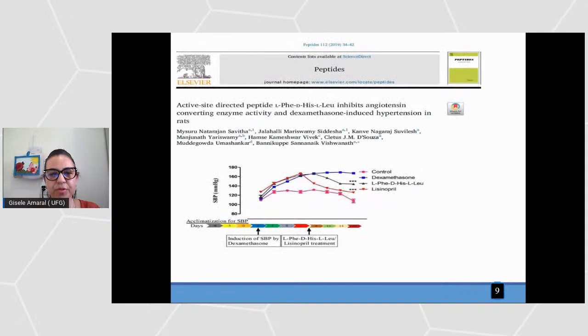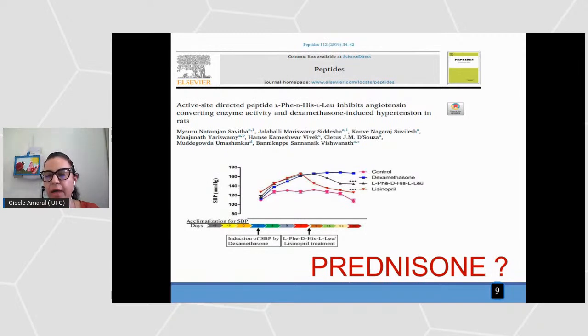Dexamethasone has also been widely used in an experimental model for inducing arterial hypertension. In this work, it is possible to verify significant differences in blood pressure levels in animals treated with dexamethasone, blue line, when compared to control, pink line. However, studies with prednisone in this regard are not